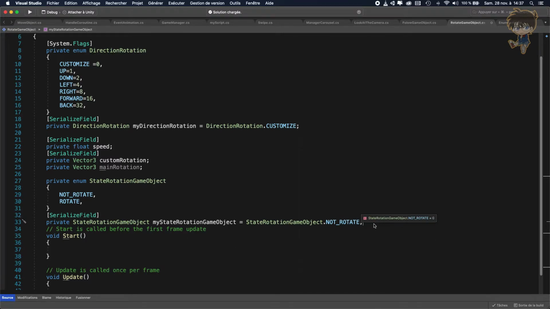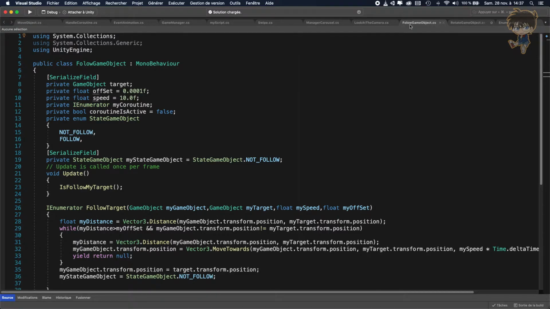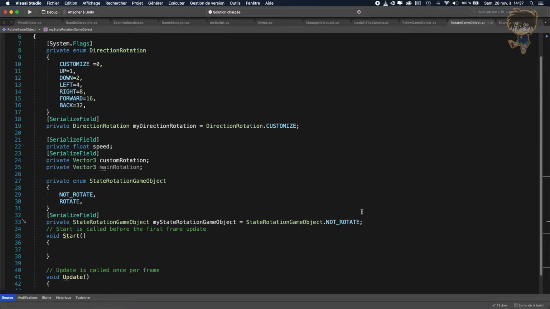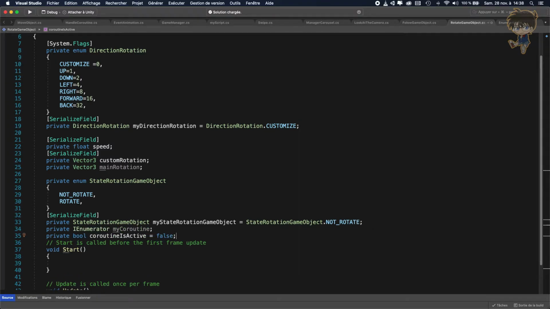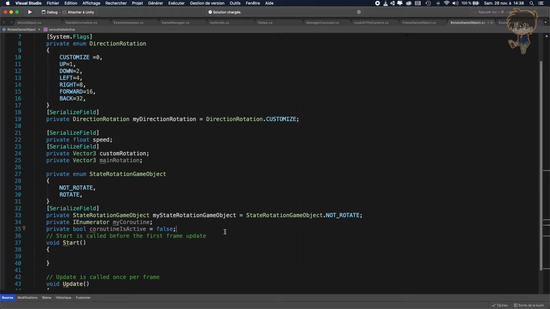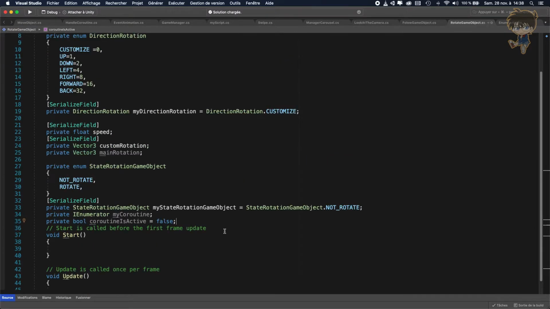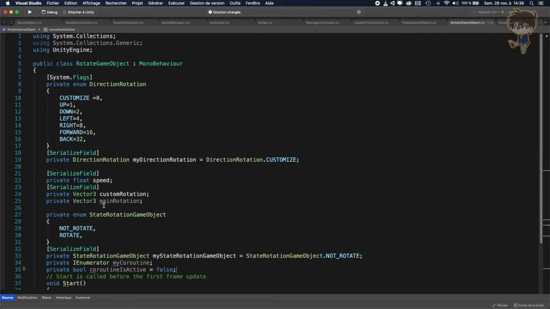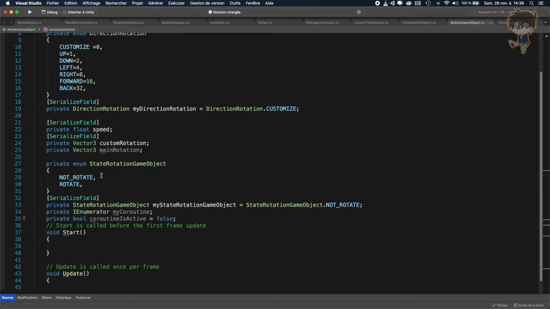And I need these two parameters too, because I will use a coroutine to execute this code. So I know it's a lot of information, but you will see everything will just work fine,